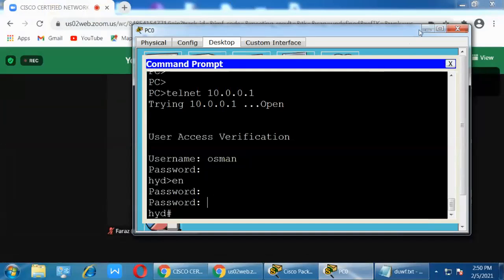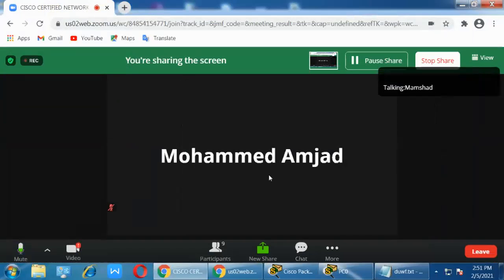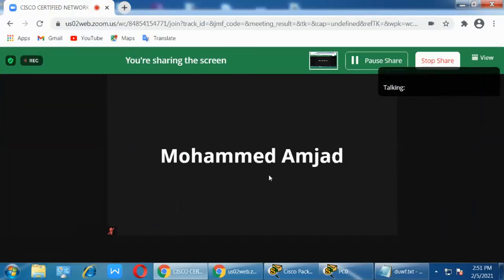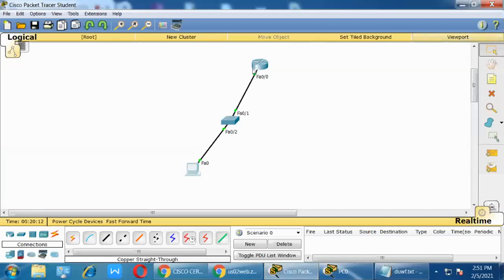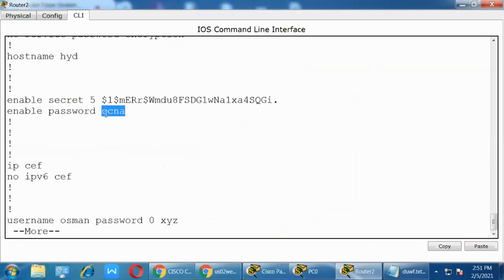Now when I change the password to the secret password, at that time my CCNA password doesn't work, because it just overrides. When you configure a secret password, the clear text password is not acceptable, because that is the higher level security. When you assign higher level security, the clear text password doesn't work.